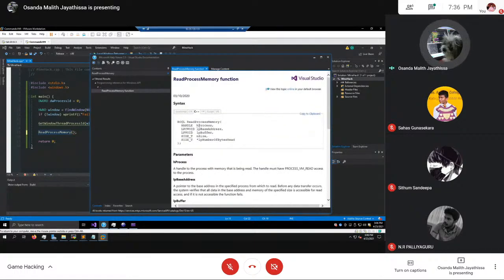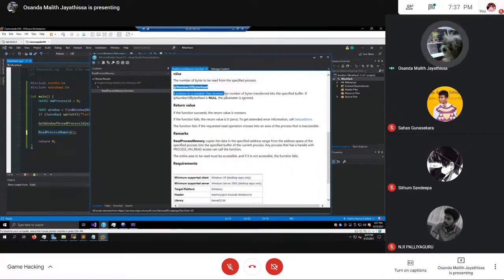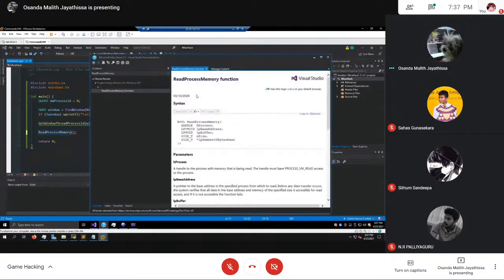So it's going to take a handle to a process. The base address is the place where it's going to start reading the process, and this is the buffer where it's going to copy the amount of memory it's read, and this is the size which it wants to read, and this is the number of bytes read. And actually, we don't really care about it because we can leave this as null. So to use this API, first we need to open a handle with